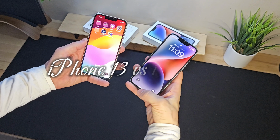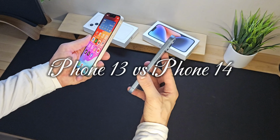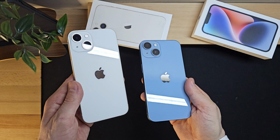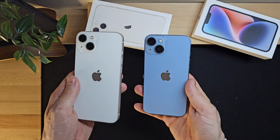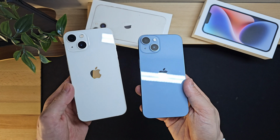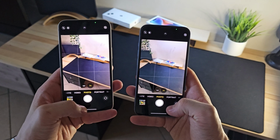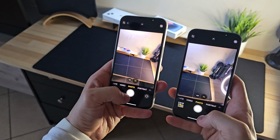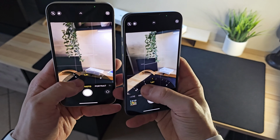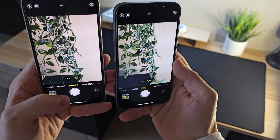I switched from an iPhone 13 to an iPhone 14, but I have to admit that I haven't noticed significant differences in daily use. This change didn't evoke the typical excitement you feel with a new purchase. The main reason is that Apple decided not to make substantial changes to this latest model, limiting themselves to releasing some updates. This might have disappointed some fans who were expecting more significant innovations, but personally, I believe these updates shouldn't be underestimated, as they have made the iPhone 14 a more advanced, functional, and technologically cutting-edge device compared to